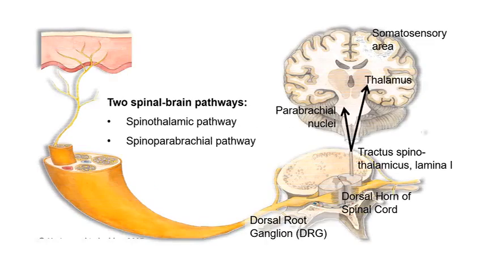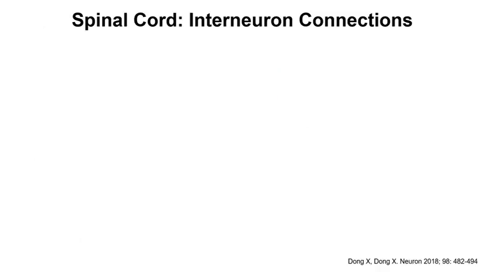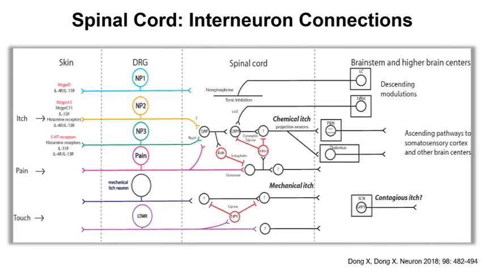Yeah, so now we travel outside the skin. Here are our skin fibers, and they are here bundled in the peripheral nerves. They run over the dorsal root ganglion, where we have the cell bodies, to the dorsal horn of the spinal cord. The second neuron starts, crosses the side, and travels then via different pathways to the thalamus, somatosensory area, and to the cerebellum. An important area where we can also interfere with our treatments is the communication between the first and second neuron, or to make it more complex, the interneuron connections.